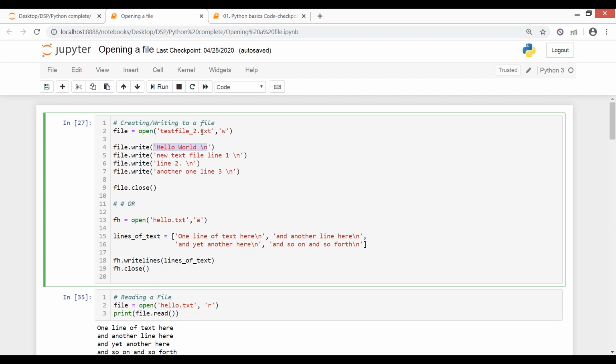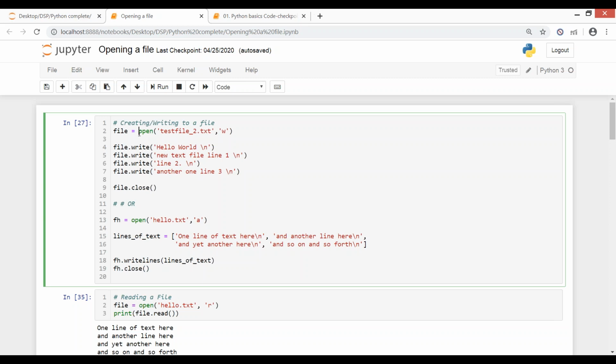Arzo text file. You can use any other extension. You can use a doc. You can use an Excel. It will work for each and every one. You just have to give the correct extension, and according to that, your file will be created. It's not mandatory that you give text. You can give a CSV as well, and then a new file will be created with the same name and the same type which you wanted.